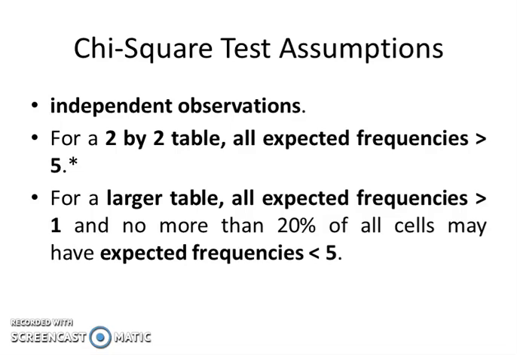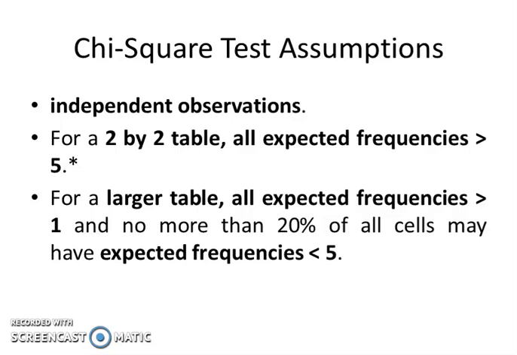Okay. The second assumption is of adequate sample size. The second assumption says the sample size should be adequate. But now the question is how we will determine whether the sample size is adequate or not. The very simple concept is, if you are dealing with a 2 by 2 situation, that means you are studying association between two variables and both variables have two categories each. So it is a 2 by 2 situation where the first variable has two categories and the second variable also has two categories. For example, if we want to study the bank loan default and gender, we want to study gender and bank loan default.